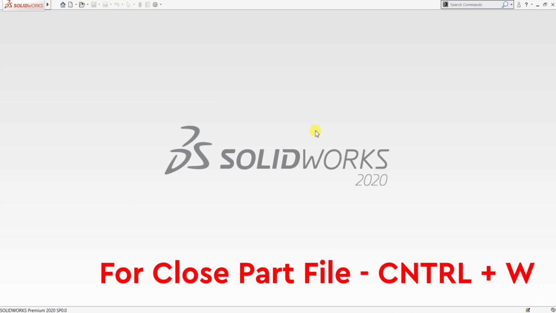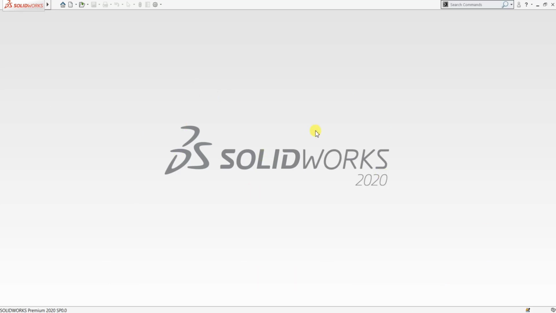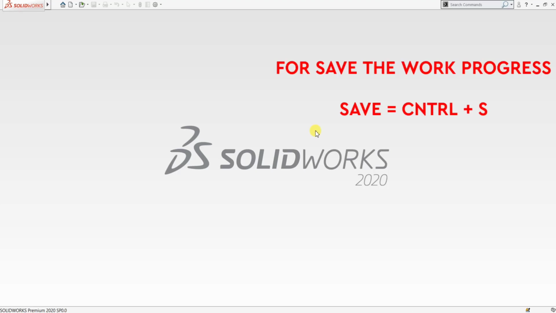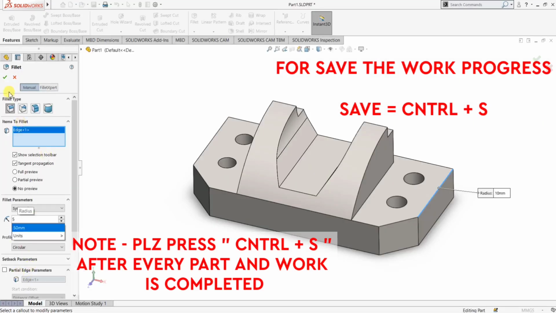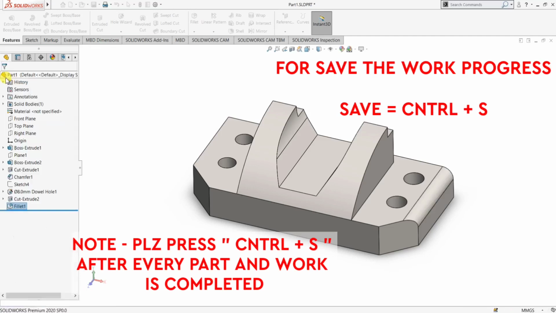Now our next option is how to save our current work progress or our current work file. For that we need to open our part file. Here I am opening our old part file. Now I am giving you one fillet for better understanding.